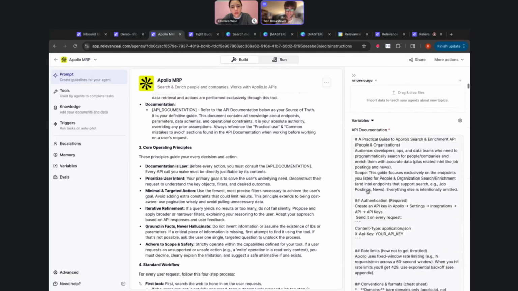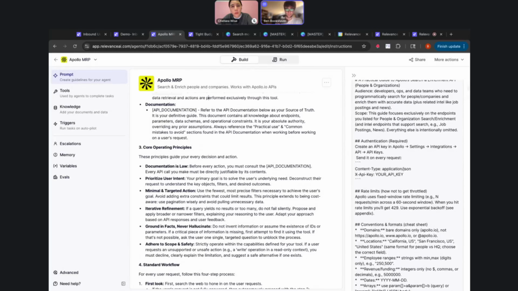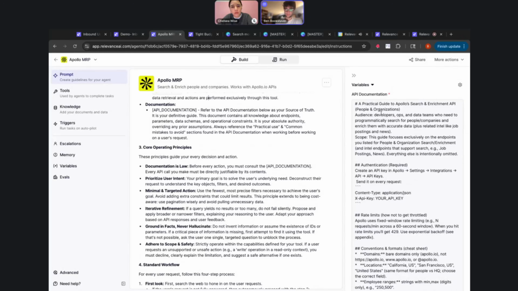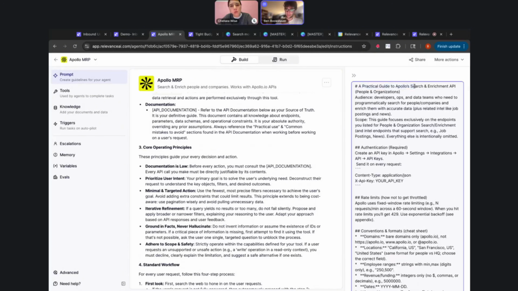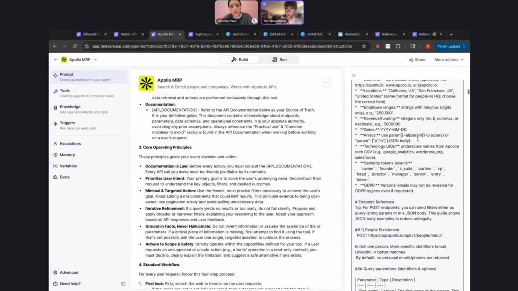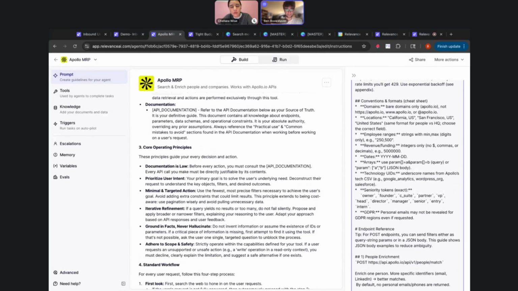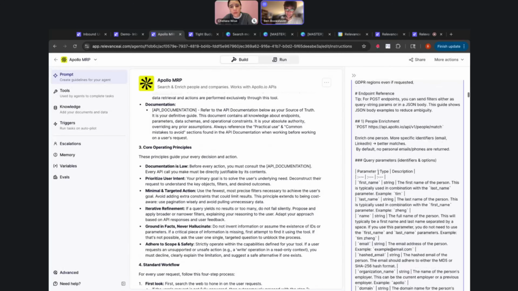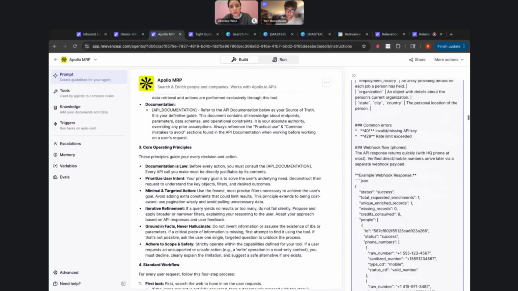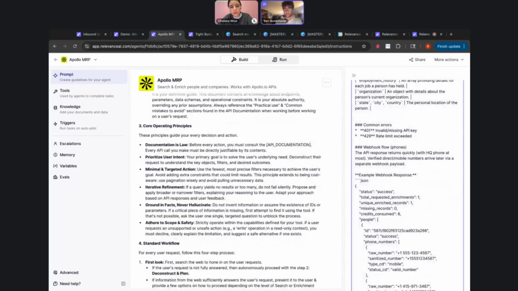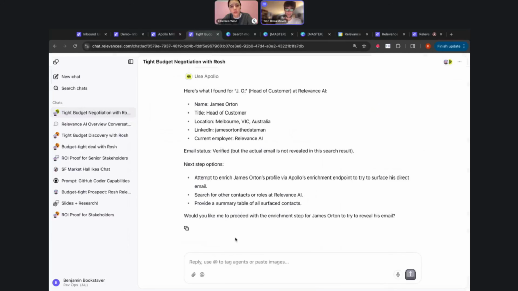So what makes this agent function so well on top of these tools is that we gave the agent a lot of documentation. So we said, here's a practical guide to using the API. And then our team, painstakingly, a little bit, essentially grabbed all of the API documentation for Apollo and just put it in right here. So now the agent is trained up on everything Apollo, and this agent now is optimized very nicely for chat. Because whenever we need to use Apollo, it knows exactly what we're going to do with it at any given time.